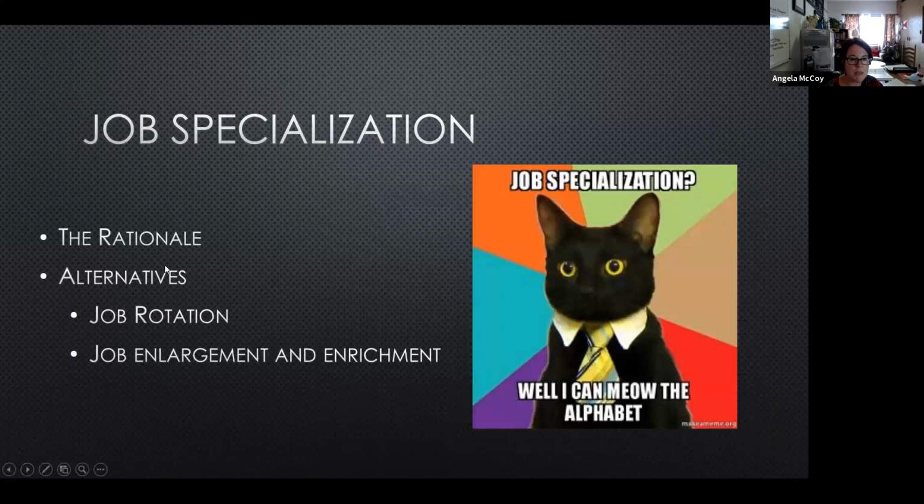Job specialization is the separation of all organizational activities into distinct tasks and the assignment of different tasks to different people. The rationale for specialization is that it is necessary for several reasons. The job of most organizations is simply too large for one person to handle. When a worker has to learn one specific, highly specialized task, that individual tends to learn it very quickly and perform it very efficiently. The worker who is doing the same job over and over again does not lose time